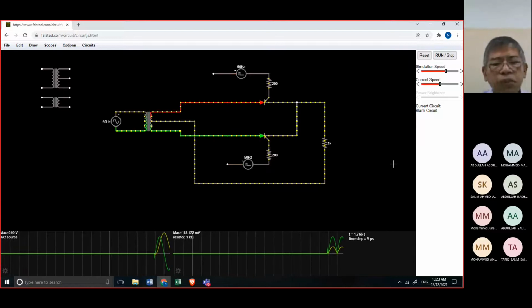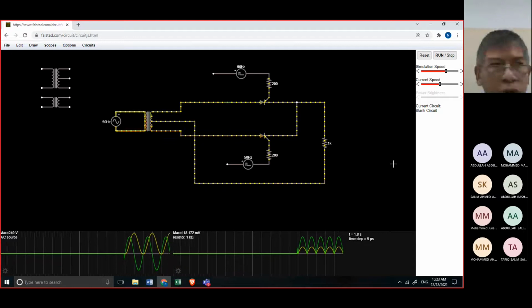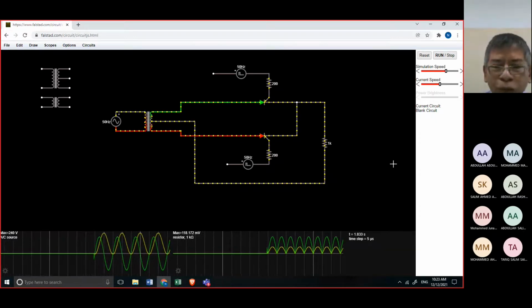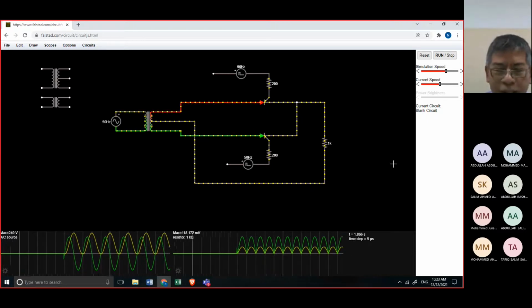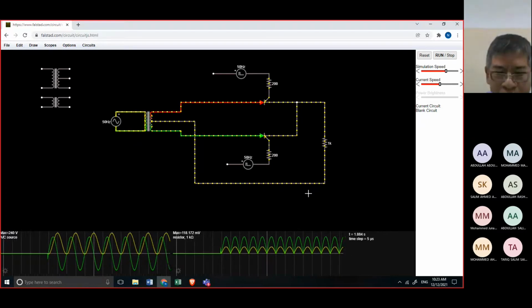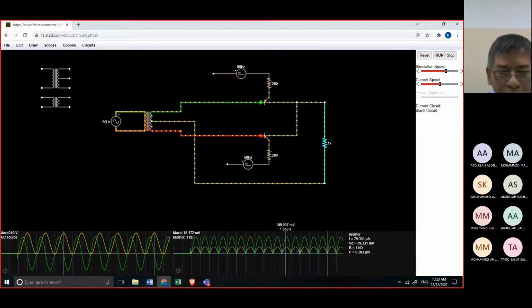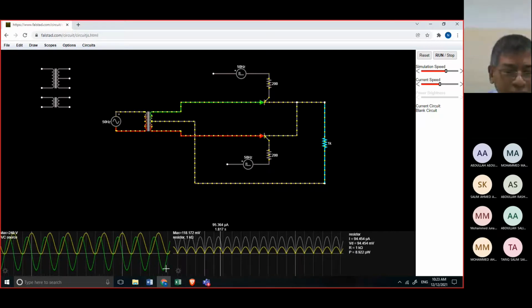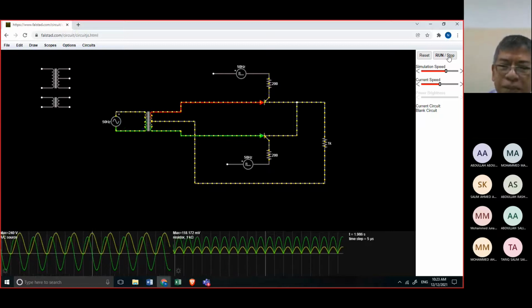As far as the input and the output are concerned, it is easy to memorize the output of the full wave rectifier, because it is only the symbol of McDonald's. You know what is the symbol of McDonald's? It is the same as the output waveform of a full wave rectifier. So take note, okay, I will stop.